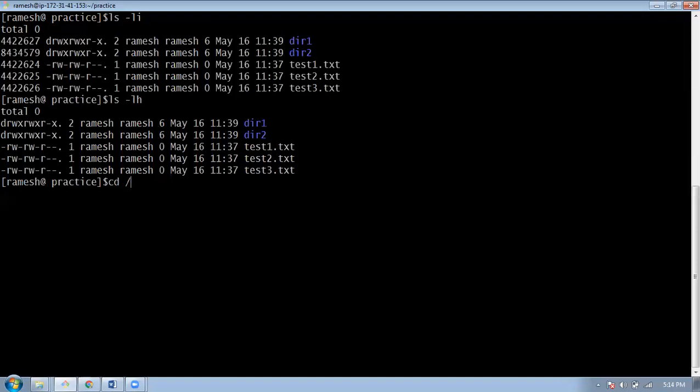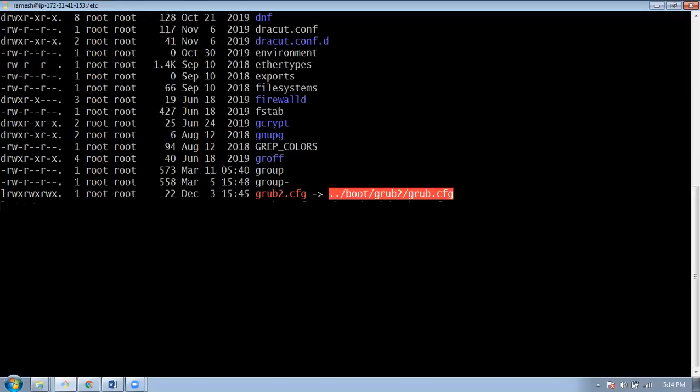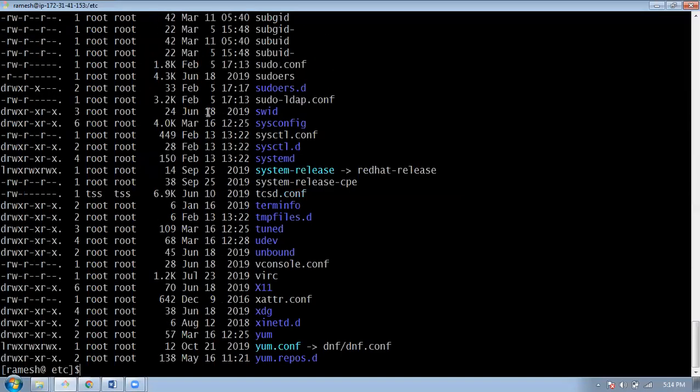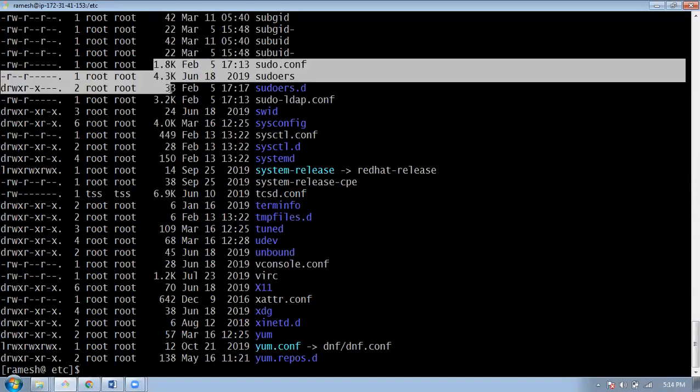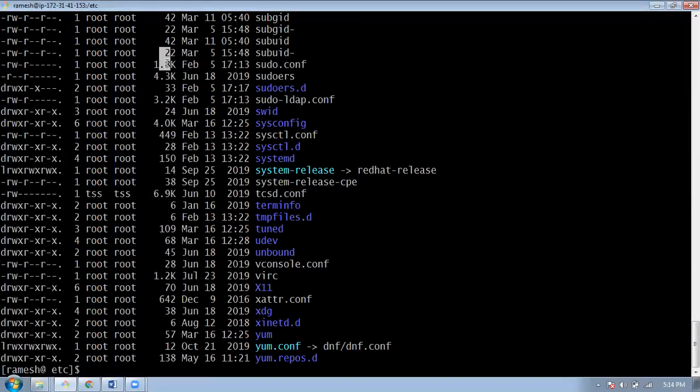So let me go to a different directory. Here you can see the file is now displayed in human readable format, kilobytes, megabytes, like this.